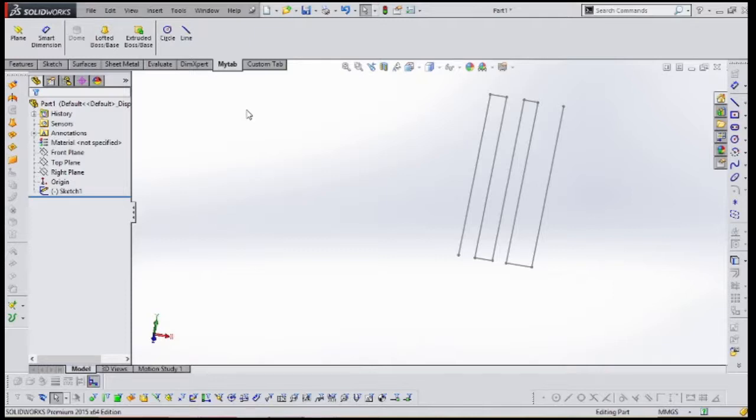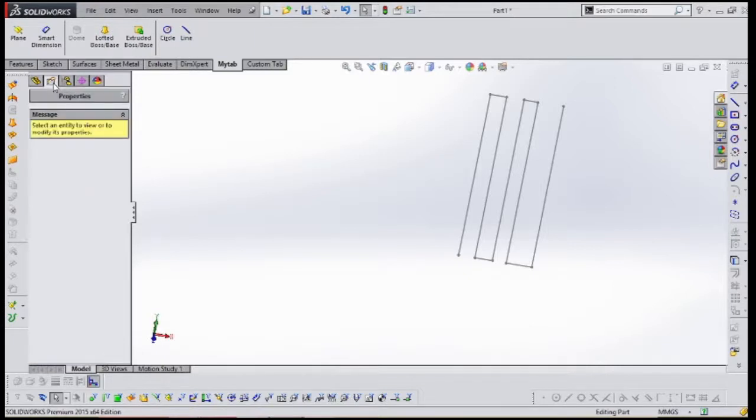Okay, and the other thing. Now this is the features tree. This features tree is where you will find the front plane, top plane, right plane, origin, and our sketches and our features. Everything we'll be finding here. This features tree will also change into the property manager when we are working on it.